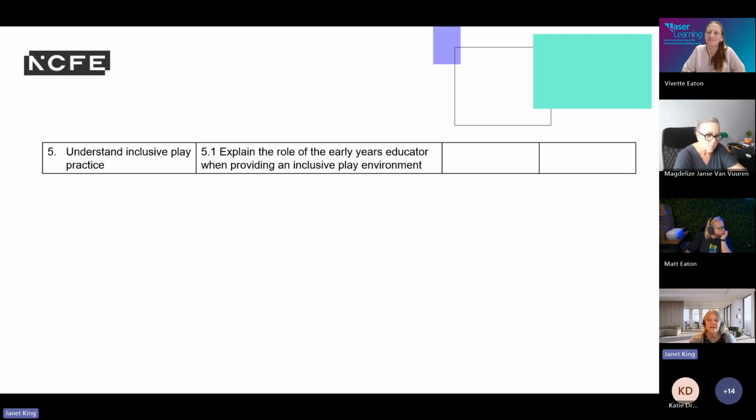That should satisfy Ben. Okay, so explaining the role of the early years educator, that inclusive play environment, not just around inclusivity in terms of SEND, but in terms of how does this environment feel? Do I feel able to participate, to be able to contribute? Do I feel psychologically safe? Is this a safe space? And that goes for the adults as well as the babies and children.